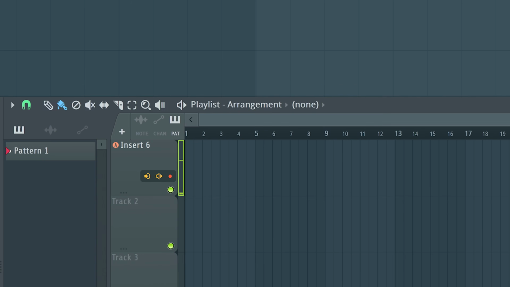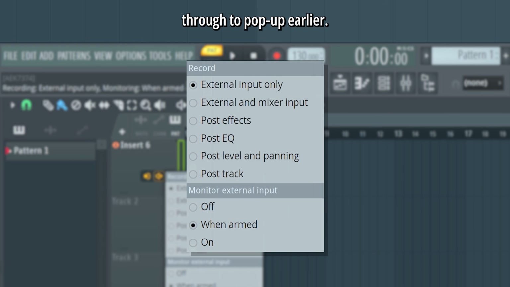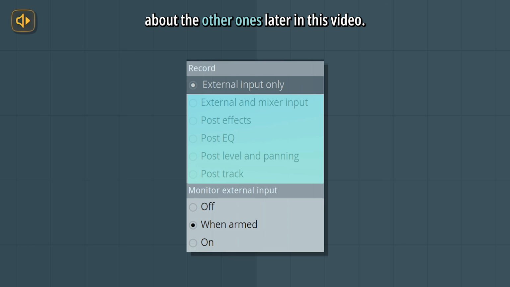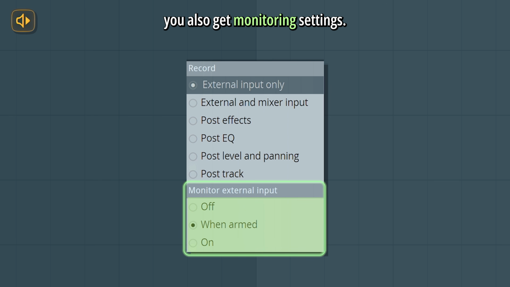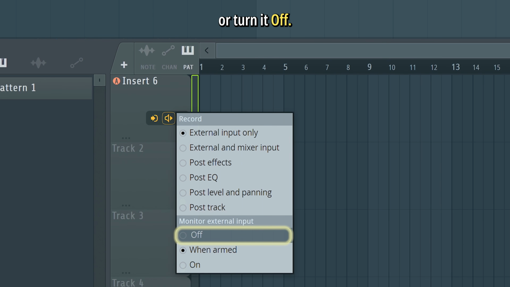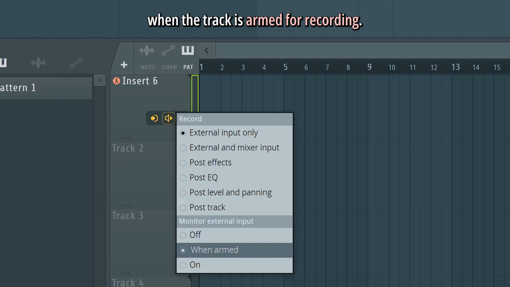With the next icon, you choose what to record. Through the pop-up earlier, we already set this to external input only, and this is what you want for most cases. You will learn a bit more about the other ones later in this video. At the bottom, you also get monitoring settings. This is giving you the ability to hear yourself. You can choose to always hear yourself or turn it off. When armed means that you will only be hearing yourself when the track is armed for recording,